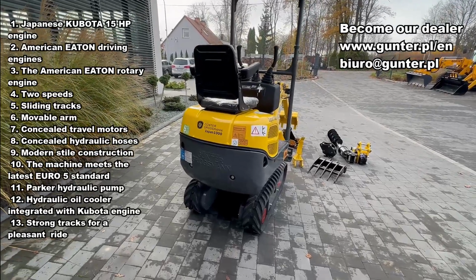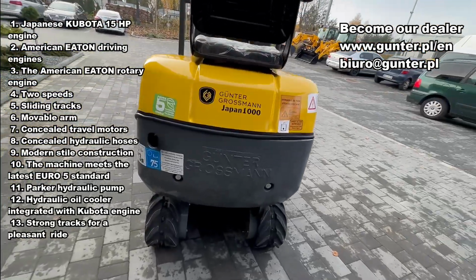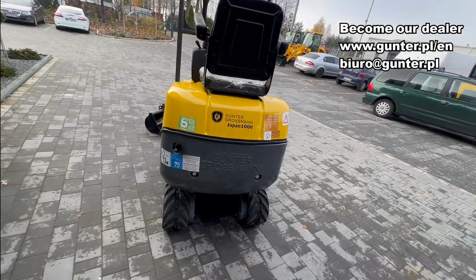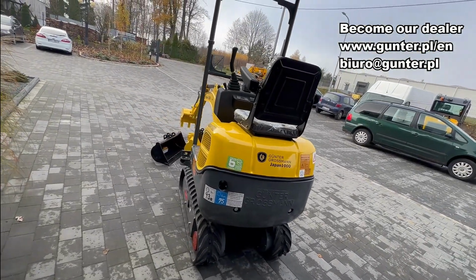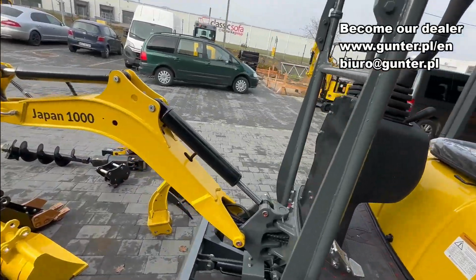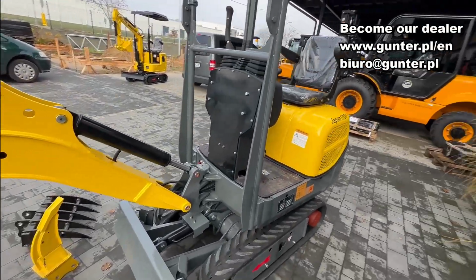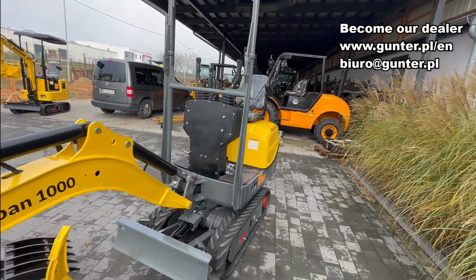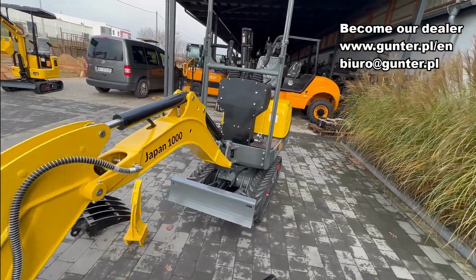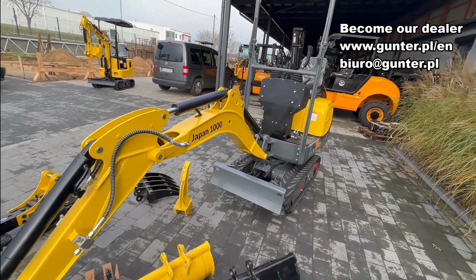This is a Kubota engine, like a driver motor. You can see this is a safe driver motor. This is Eaton from USA, and everything you can see here is very stable. It's very good quality. This machine has many functions, like extending rubber tracks, like a movable